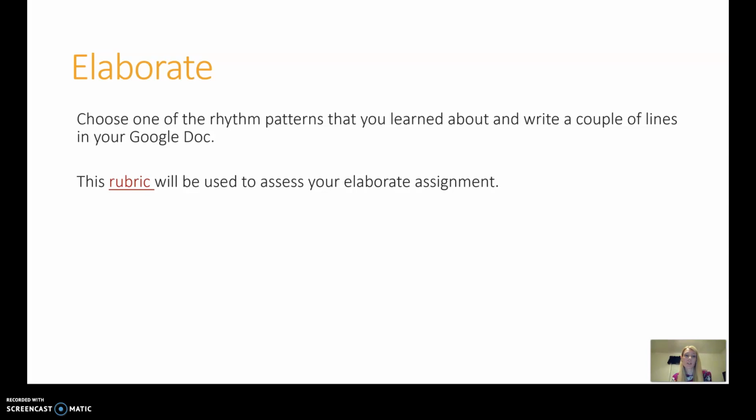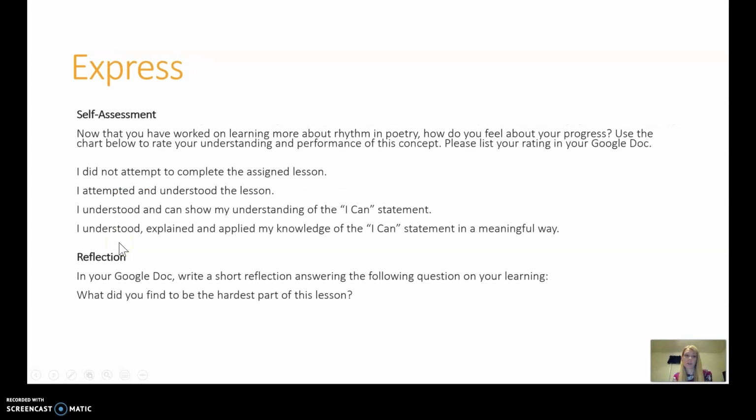For the elaborate portion, choose one of the rhythm patterns that you learned about and write a couple of lines in your Google Doc. And there's a rubric on how you'll be assessed. For the express portion, now that you have worked on learning more about rhythm and poetry, how do you feel about your progress? Please read through these statements and choose the one that best suits you and write that in your Google Doc. And then lastly, for your reflection in your Google Doc, I'd like you to answer the question,